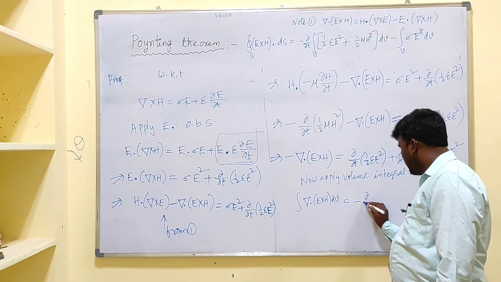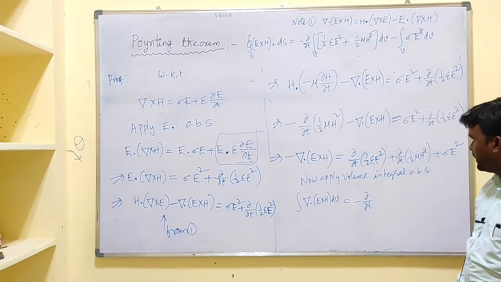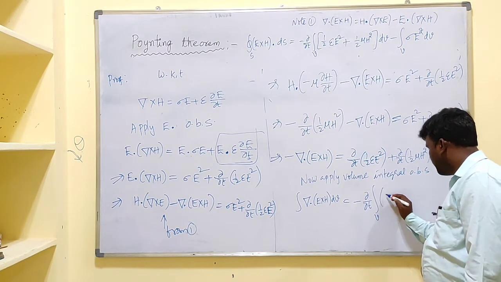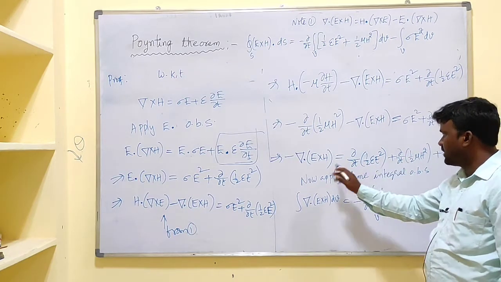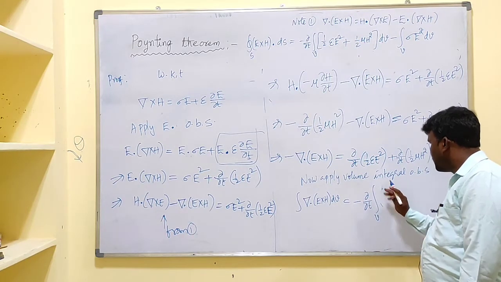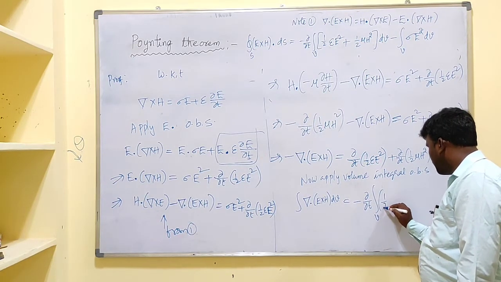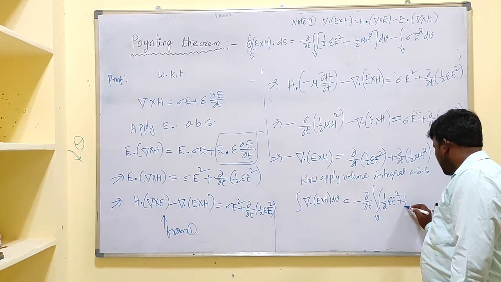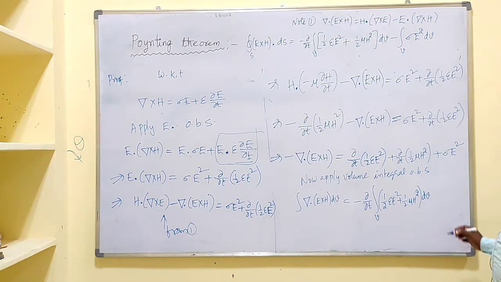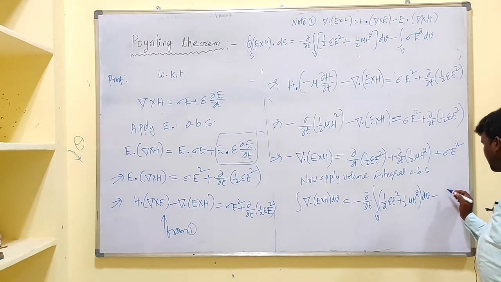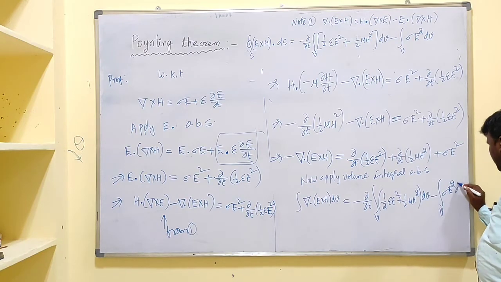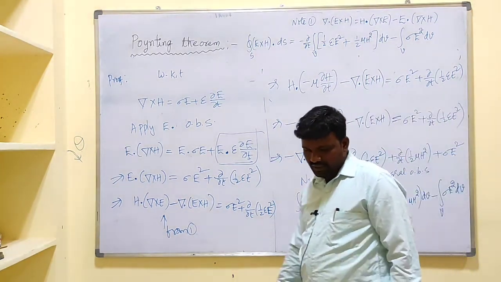That is minus ∂/∂t of the volume integral of 1/2. Okay, we can take ∂/∂t as common, so this minus is sent to this side, that is minus ∂/∂t volume integral of (1/2 εE² + 1/2 μH²) dv. So that minus here appeared here, so minus the volume integral of σE² dv. Now let us apply divergence theorem to this LHS.